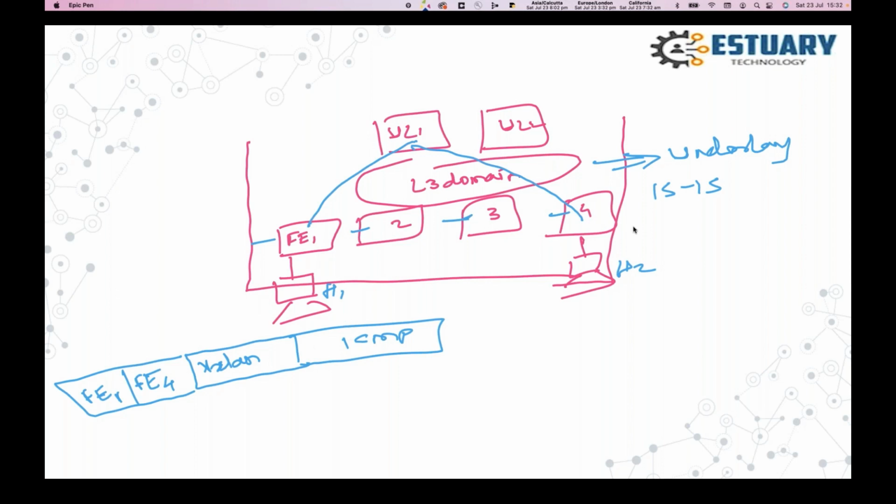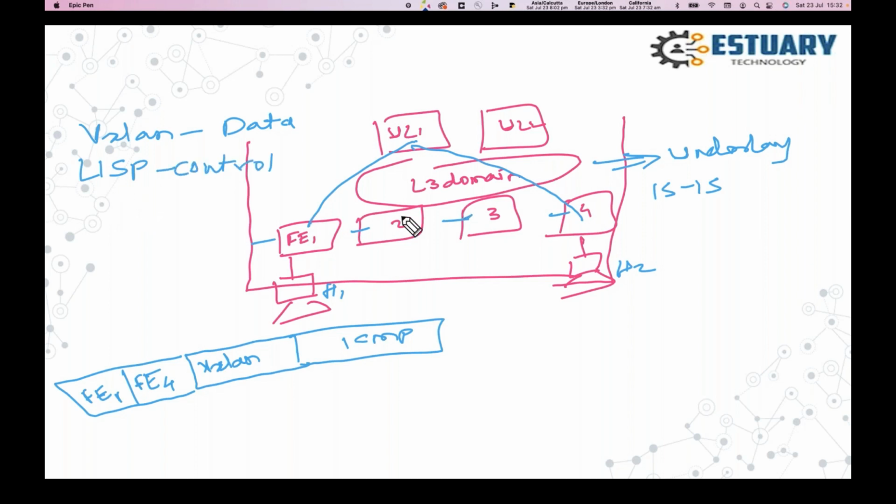So that's how the packet reaches here via underlay. So basically, I have got VXLAN as my data plane. There is a protocol called LISP as a control plane.